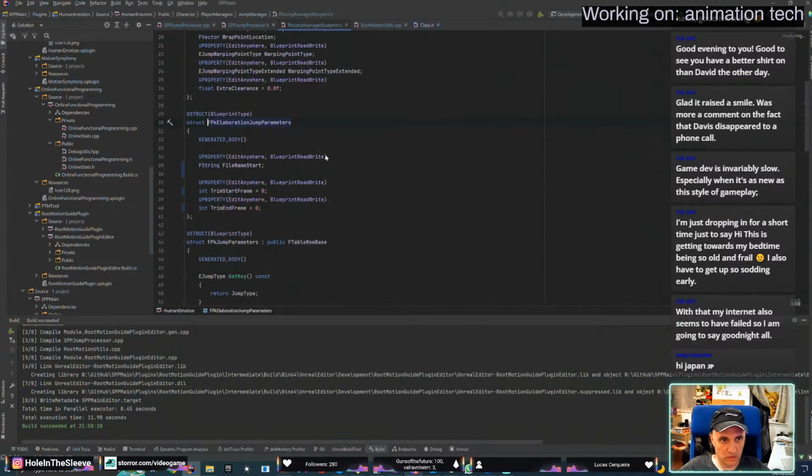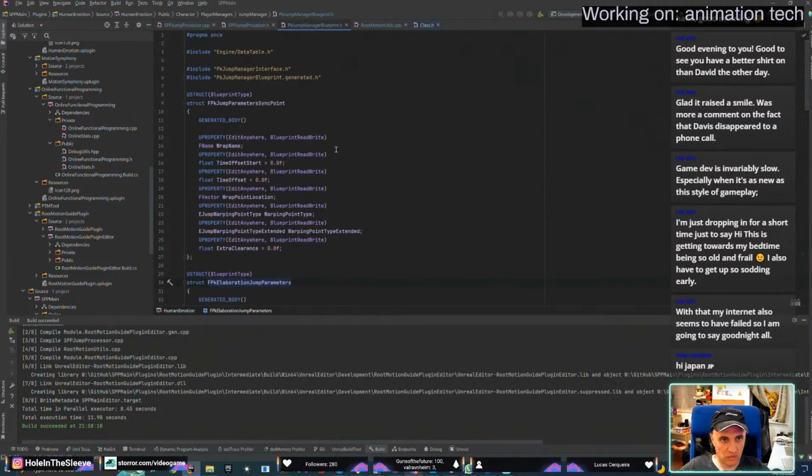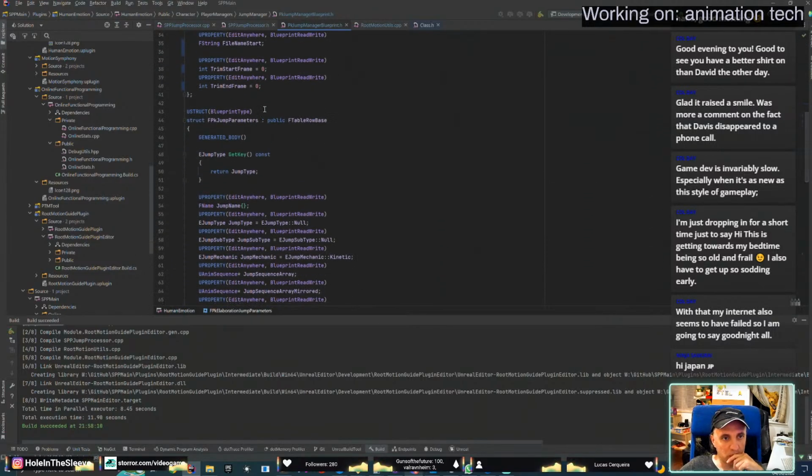Blueprint type, that's it, right? Oh, triple base. Well, okay.